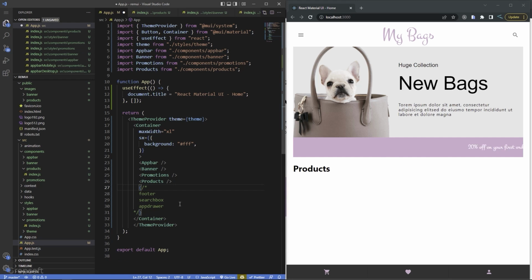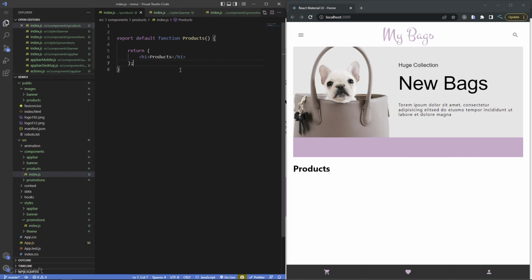I think I'm gonna get rid of the title as well. We're gonna get to the other one later. So now that I have my products, I think I'm gonna close my app.js file because we'll be playing here for a while. Okay, so there's two things we need to do. There'll be one product component for desktop, and the default will be for mobile. So what we need to do is use that theme thing that we did, the media query. So I need to come over here and do a const theme. This will be used to switch the product component actually. So I can say useTheme,